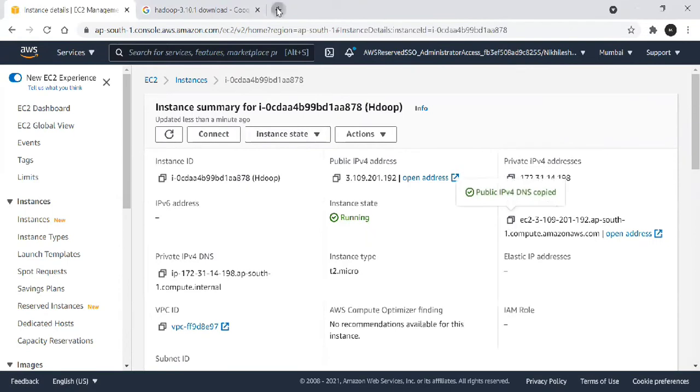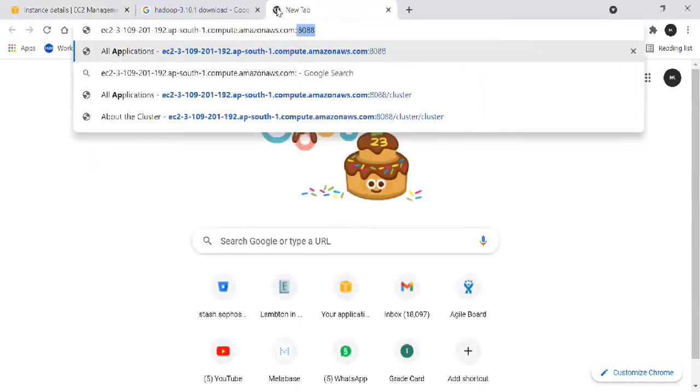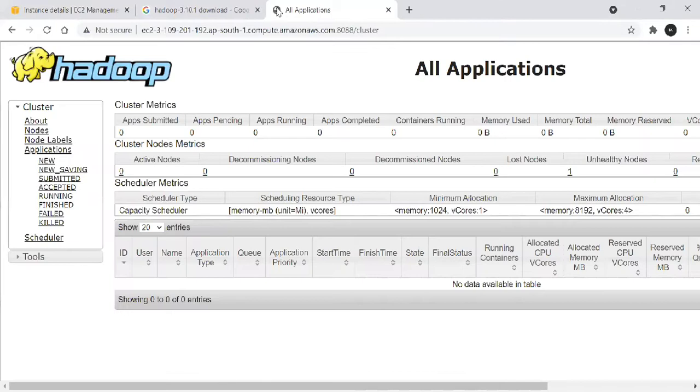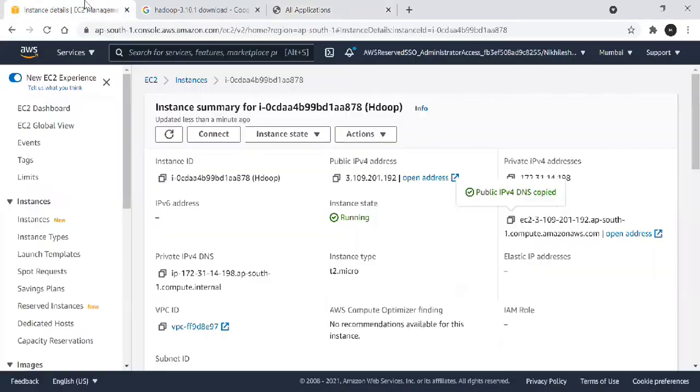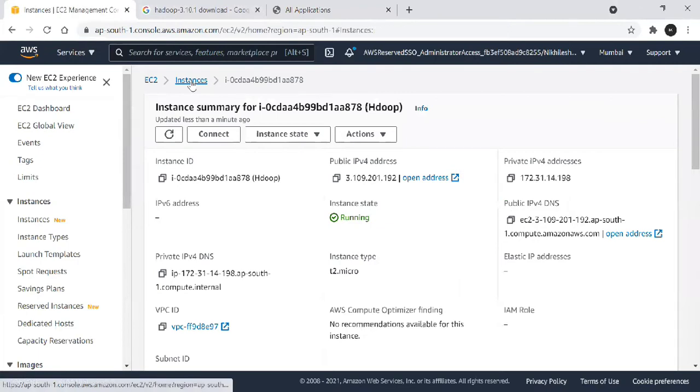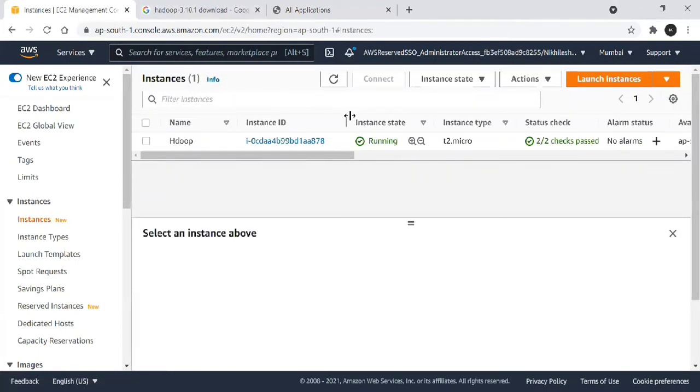So we need to take the public DNS, then go to port number 8088. It will look like this. We can get the details about the cluster node and all the respective information. So let's just boot up one instance. Just to make one thing clear, I will be booting up one free tier instance, so anyone can boot this up. So first click on this launch instance